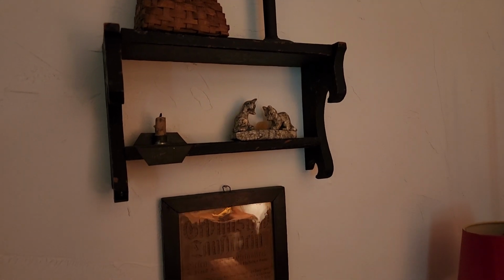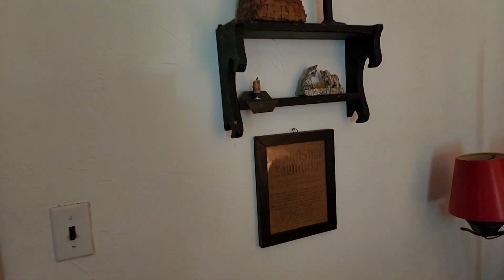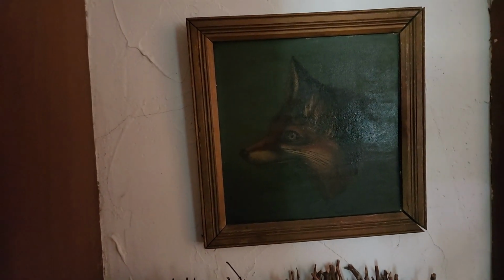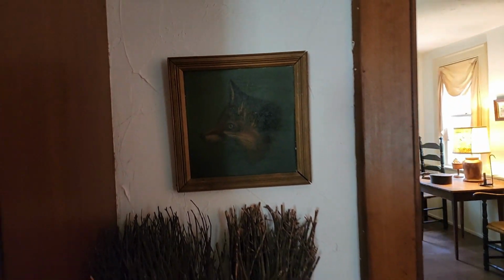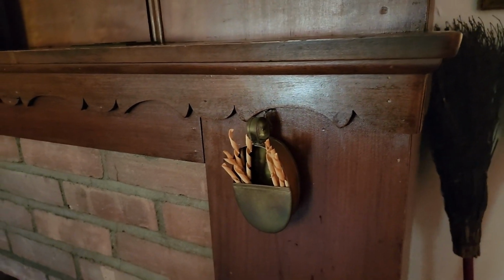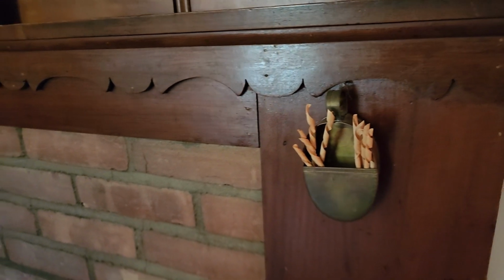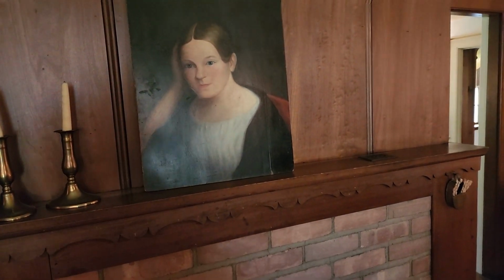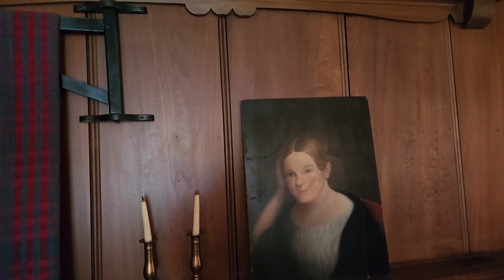I'm just speechless. Again, another just stunning, what looks to be maybe a fractor there. Love the brooms. Beautiful artwork there of a fox portrait. Just gorgeous. And the little container on the fireplace, maybe probably just a little fire starter there. Again, another gorgeous portrait there above the fireplace